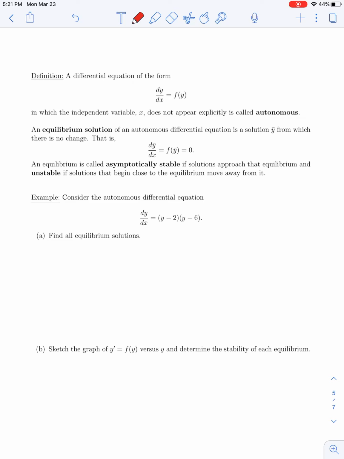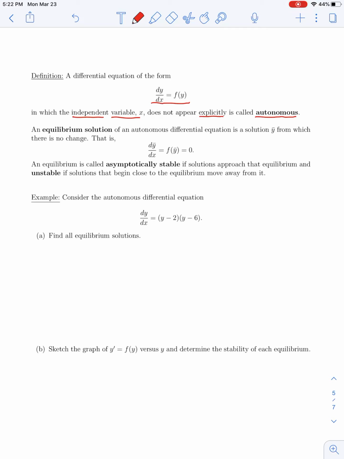So here let's define it. Any differential equation of the form y prime, or dy dx, equals f of y, where our independent variable x does not appear explicitly, is called an autonomous equation. Now, autonomous equations are particularly nice to work with because we can sketch direction fields for them pretty easily, we saw. And we can determine by finding equilibrium solutions whether our solutions over the long run, as x gets larger,